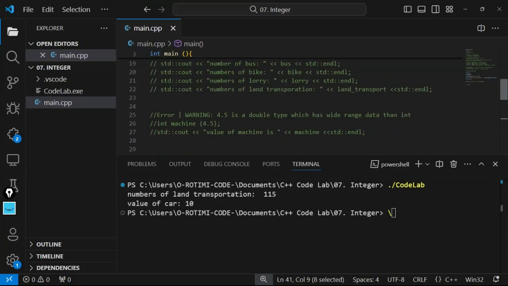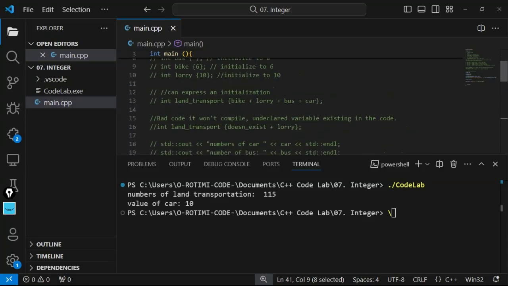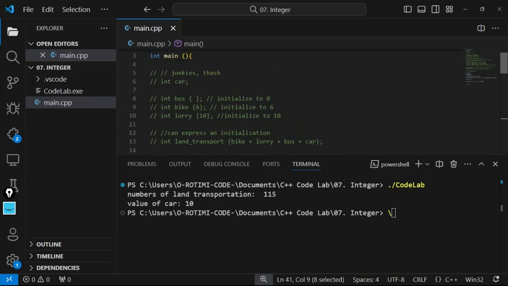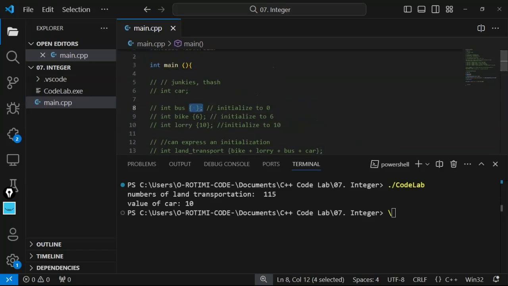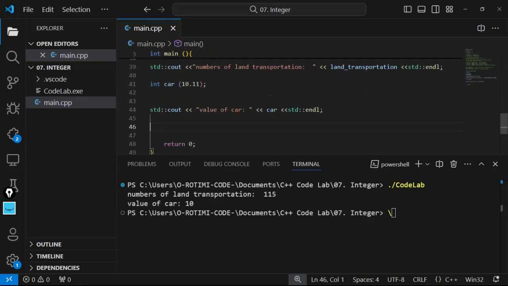You don't use something like this. It's mostly considered for curly braces. Curly braces are very good to initialize the value. Even this one automatically gives us 0, but when we use functional, it throws an error because we did not give it a value. So now let's try and use the last one, which is the